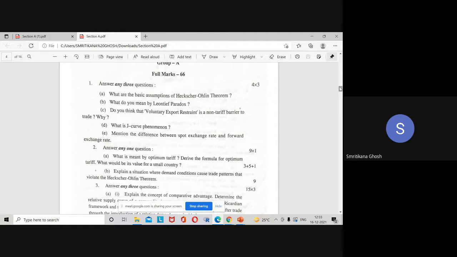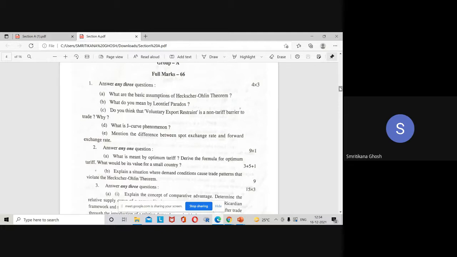What do you mean by Leontief paradox? Leontief paradox is also discussed, right? I discussed now Leontief paradox. HO model, the empirical application. In that case, look, if you open the book, a table is there that how the capital labor ratio of importable commodities is changing for that country USA. But when you are giving the answer, don't try to write that table because some data may be wrong. So it's better not to write the table, not to use the data, just explain logically.